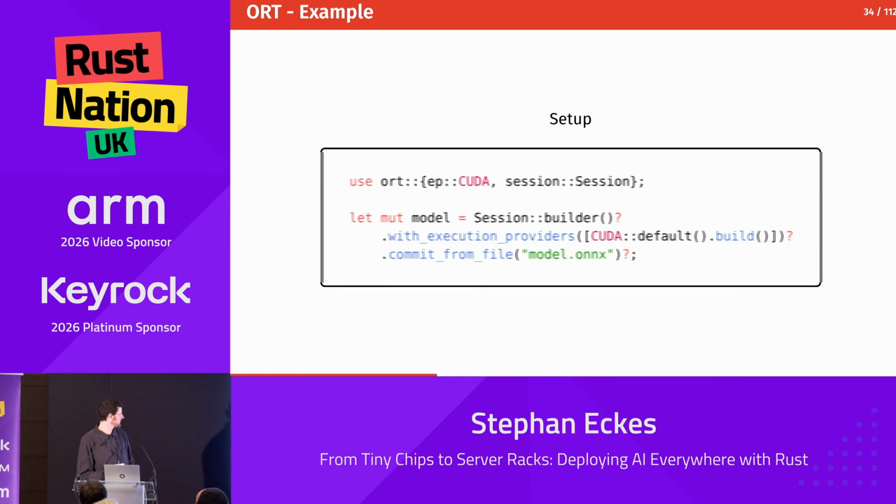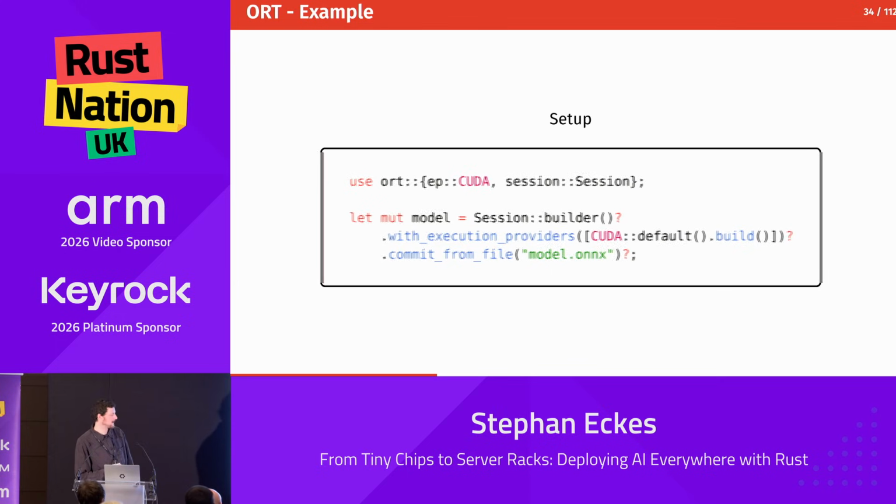And then for the setup, you just have the session builder with a Rust builder pattern. You can then choose which execution providers you want to register. So you can even put CUDA, ROCm here. You can use all the execution providers you want, and then at runtime it figures out if that's available or not, and chooses the execution provider that fits best. So also in the order you put them, it will try to use them, and then ends probably in the default CPU when it cannot find the GPU drivers or so.